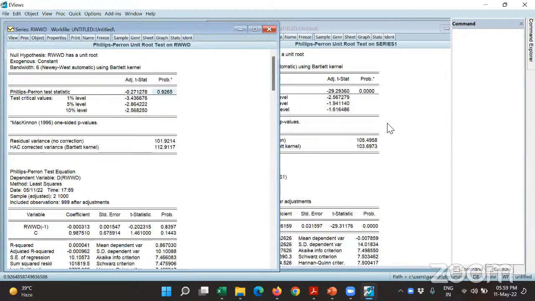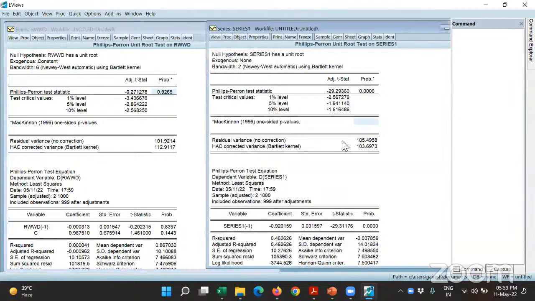This series is clearly a stationary series, because your p-value is less than 0.05, rejecting the null hypothesis which was saying that your series is a non-stationary series. So you reject that. That means you are accepting that this series happens to be a stationary series. Just bear with me as far as I'm loosely using the words accepting and rejecting. You know by now,